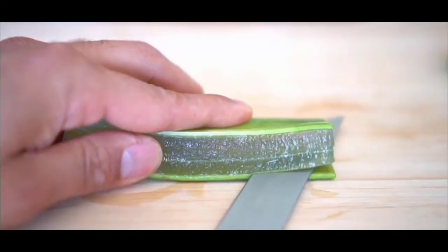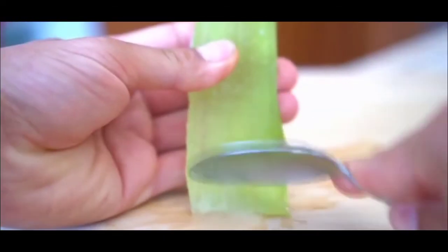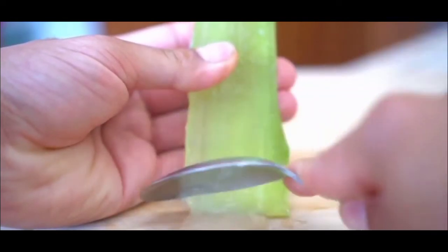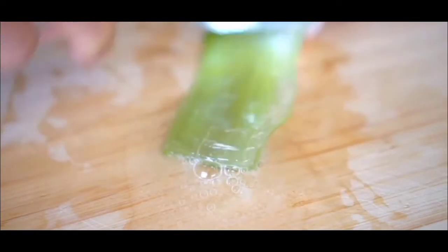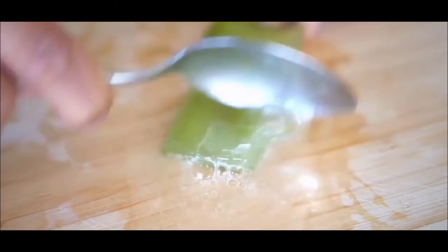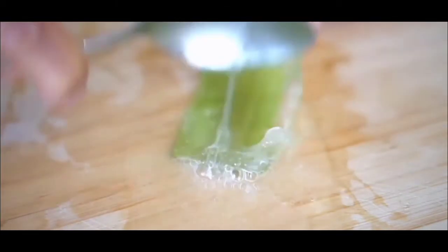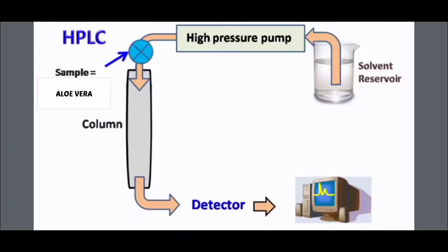Use the knife to remove the bottom of the leaf of the gel and then scrub the gel. The top will be dissolved with methanol and lastly the sample will be directly injected into the HPLC system. Next, for the procedure in the HPLC system, after the sample was injected into the column, the separation occurred as